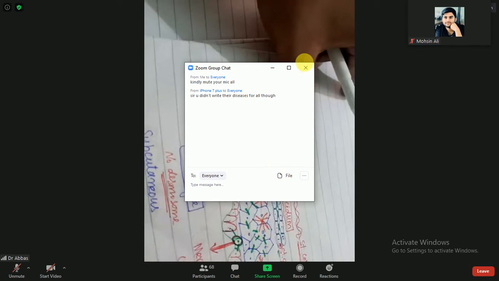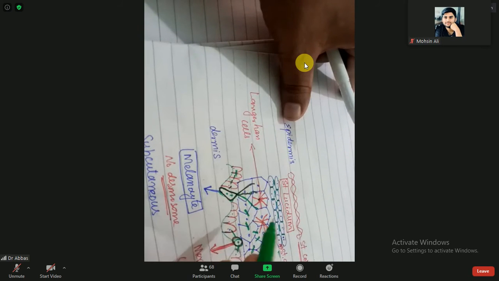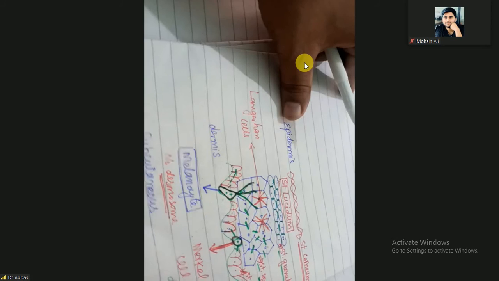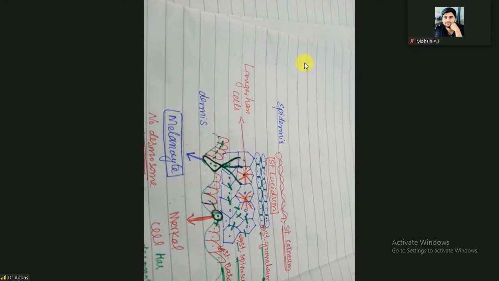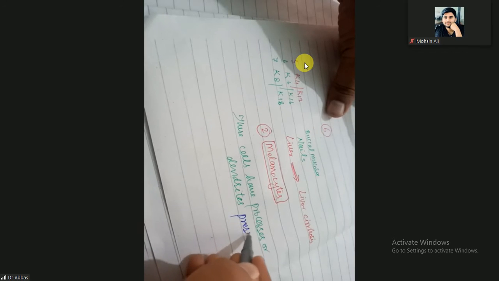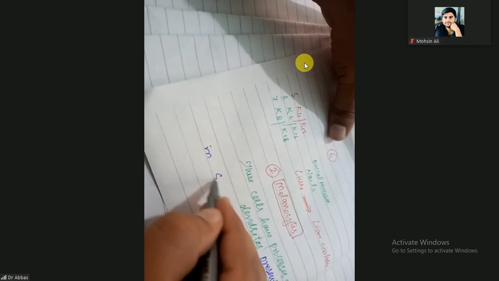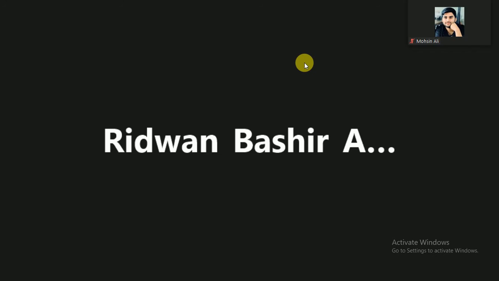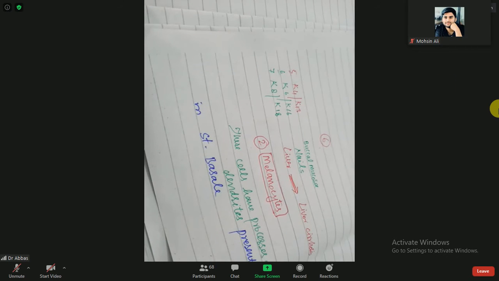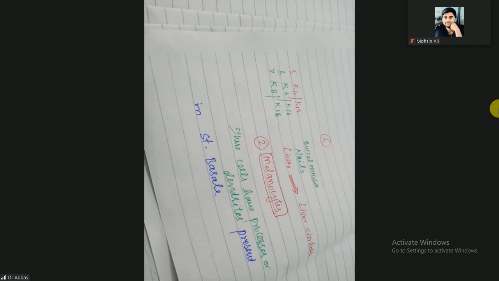So I am discussing this cell, the melanocyte. I have already told you they have processes or dendrites. It is not attached through desmosomes with the keratinocytes. Melanocytes have processes or dendrites and are present in the stratum basale especially, but also present in the eye and in hair follicles. But up to now, for your level, it is present in the stratum basale.